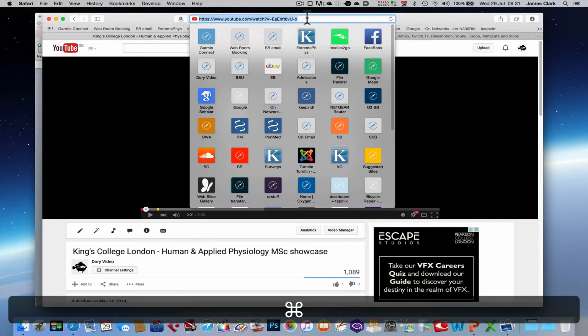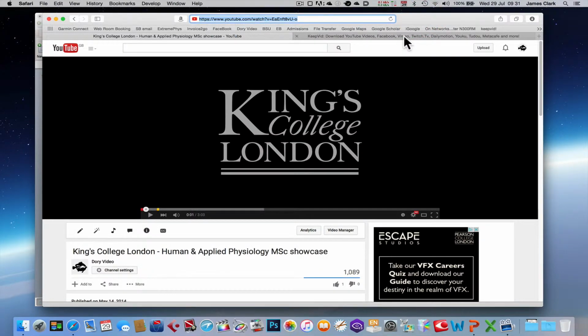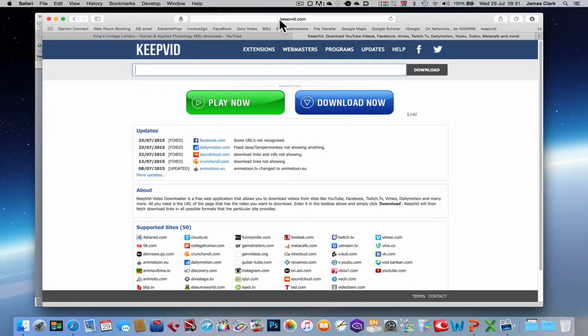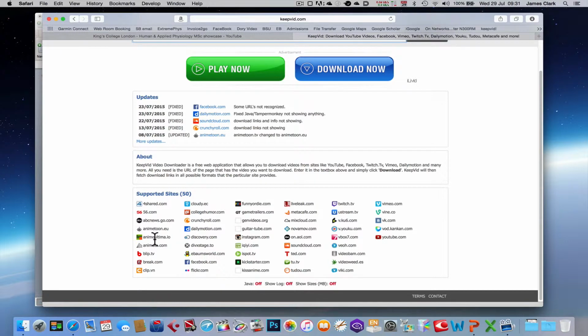So I copy that by pressing Command C or Control C on a PC. I then go to a separate website, and this website is called KeepVid, which is www.keepvid.com. This is a commercial website which allows you to download videos from a number of video streaming program software, and you can see here on the bottom here they advertise that they can download videos from up to 50